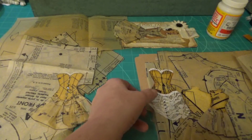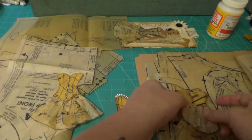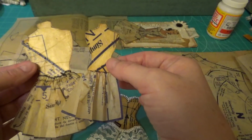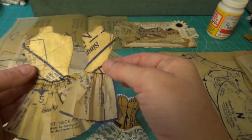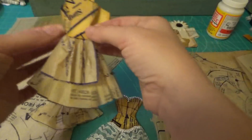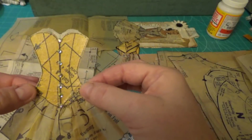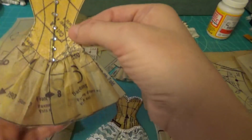So when I came home from work, that was my before work project, I started making these. This is pattern paper decoupaged onto an old folder, and then I found some templates online which I printed directly onto the decoupaged paper, and then I added the little skirts. This was a printed template to make a corset, and I added a little bit of lace at the top, and then after I got it together I thought,